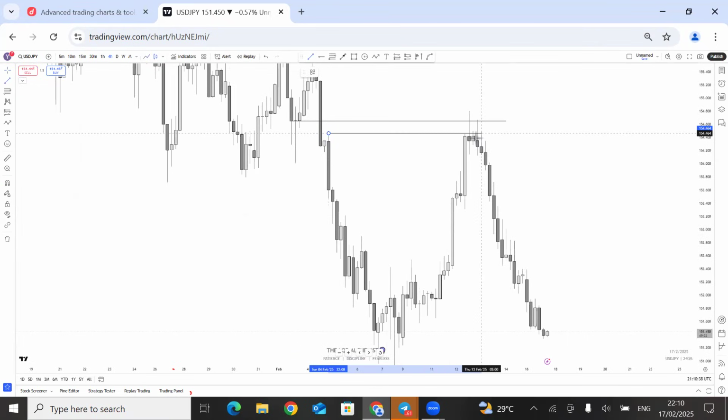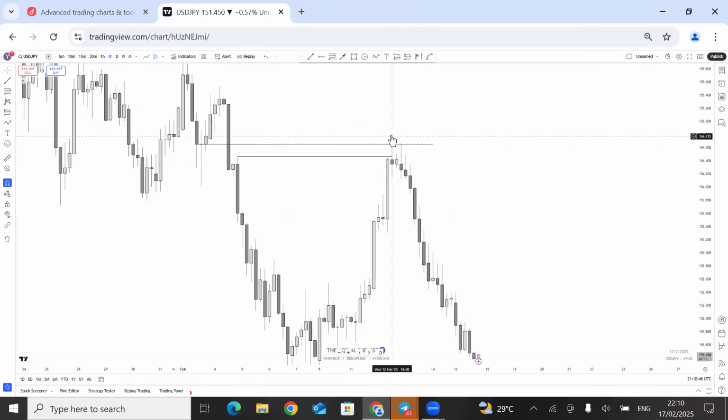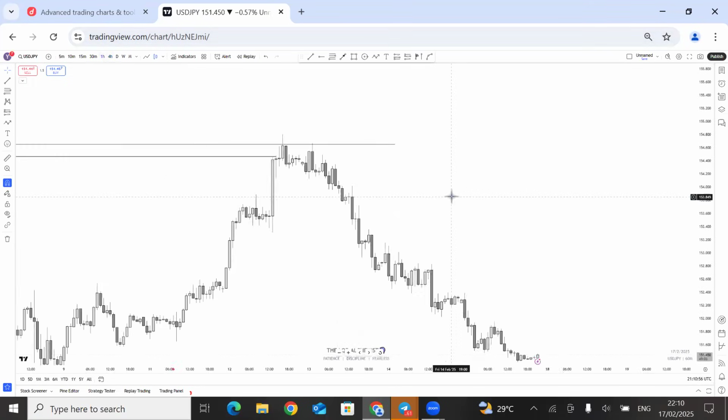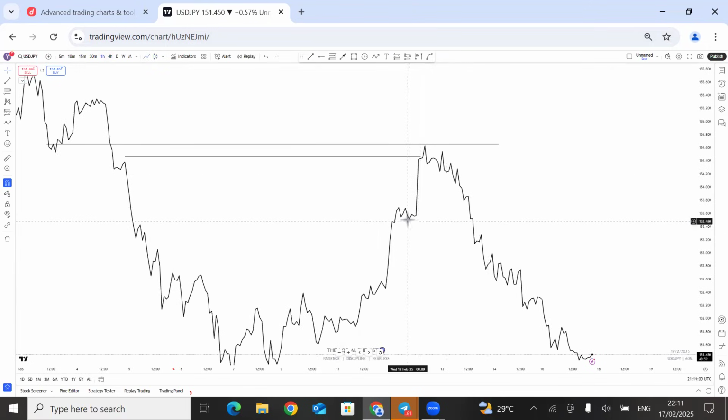Mark it out, and what happens? Price comes, taps there and sells off. Once you have gotten something like this, price has already come into your key level zone and closed below. See, price came into our key level, it closed below. What do you want to do? You want to go, let's say, on a 1 hour time frame. You want to see a break of structure of any significant low. Here also a significant low. You should expect a break of structure.